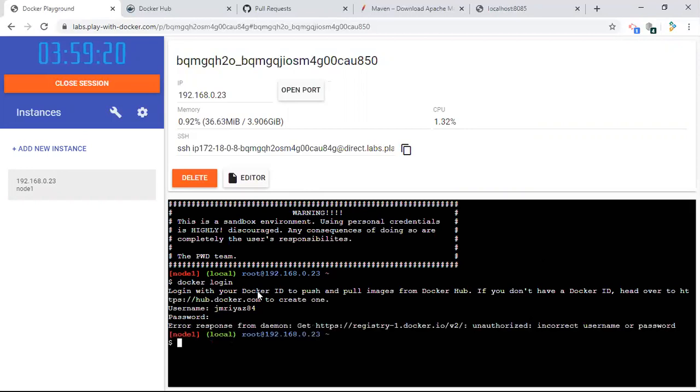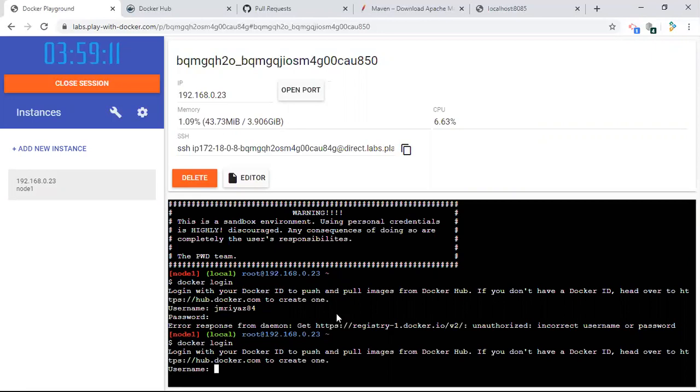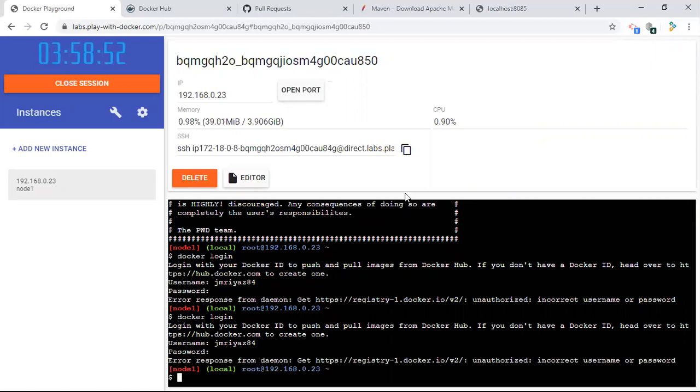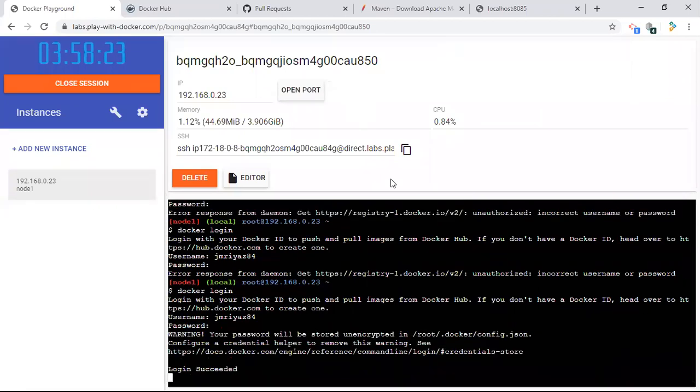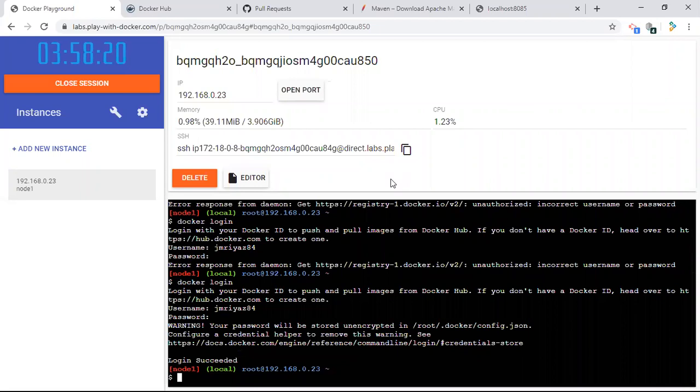Okay, once login succeeds. I give my GitHub password. Okay, so now login has succeeded. So I'm going to clear.